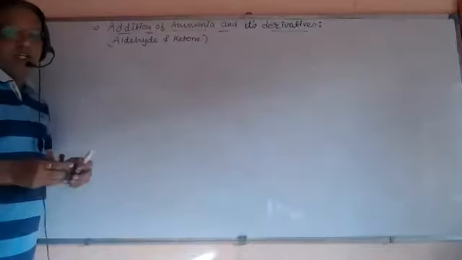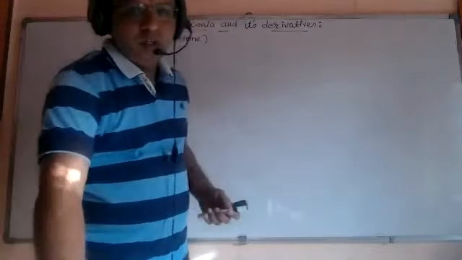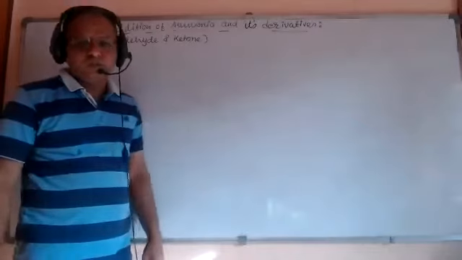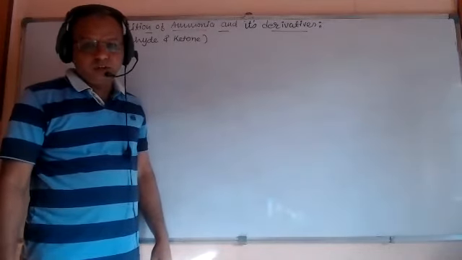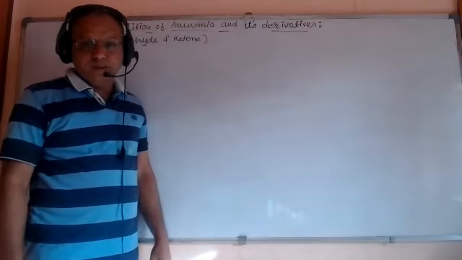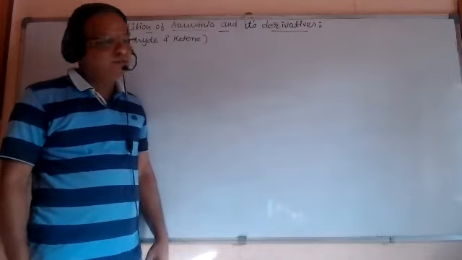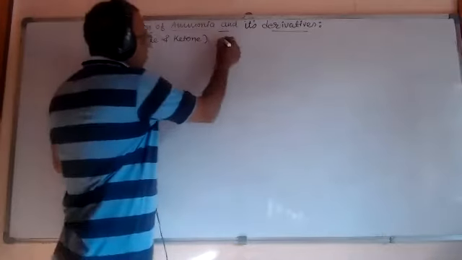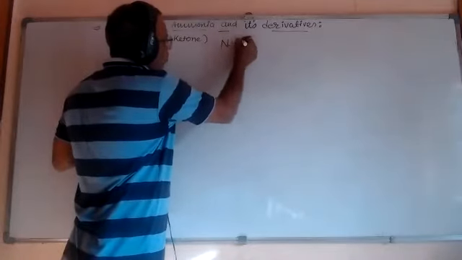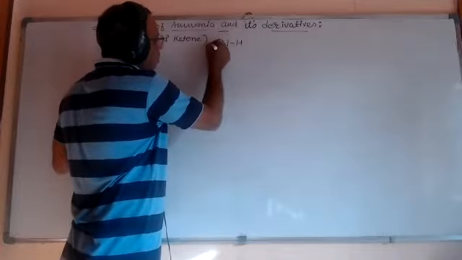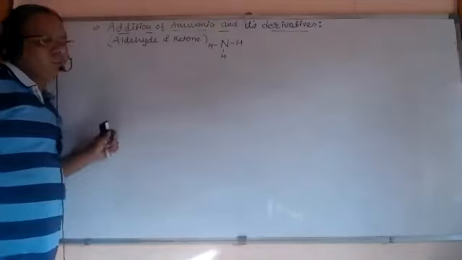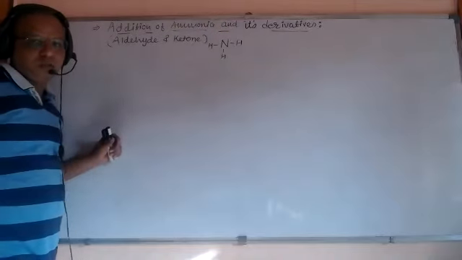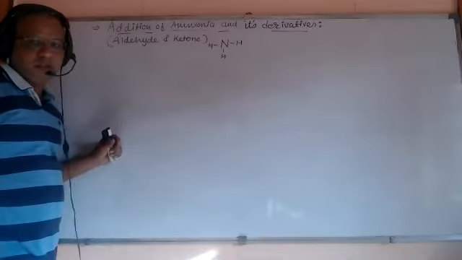So aldehyde and ketone, in the addition reaction of aldehyde and ketone, how the addition of ammonia or derivatives of ammonia is to be considered. So first of all, as you know, ammonia is NH3. We will learn the addition of all these compounds by considering first the common example.